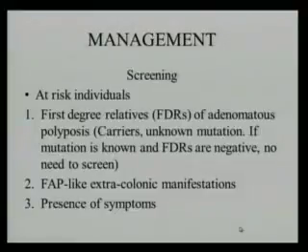So how do we manage those patients? In the first-degree relative, if you have a patient who has the phenotype for FAP, you need to test this patient first for the gene. And once you detect the gene mutation, you can test other family members. And that's how we do it, because if you don't know the mutation, sometimes it's hard to test family members. So if patients are carriers, but you don't know the actual gene, unknown mutation,